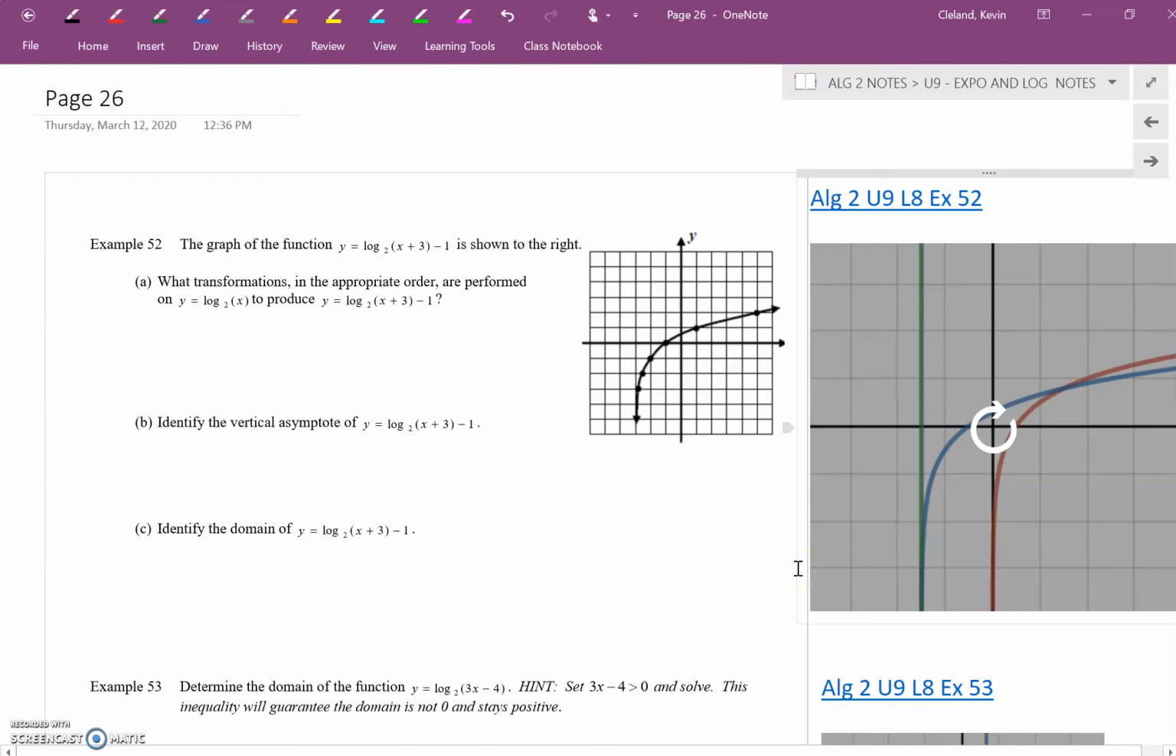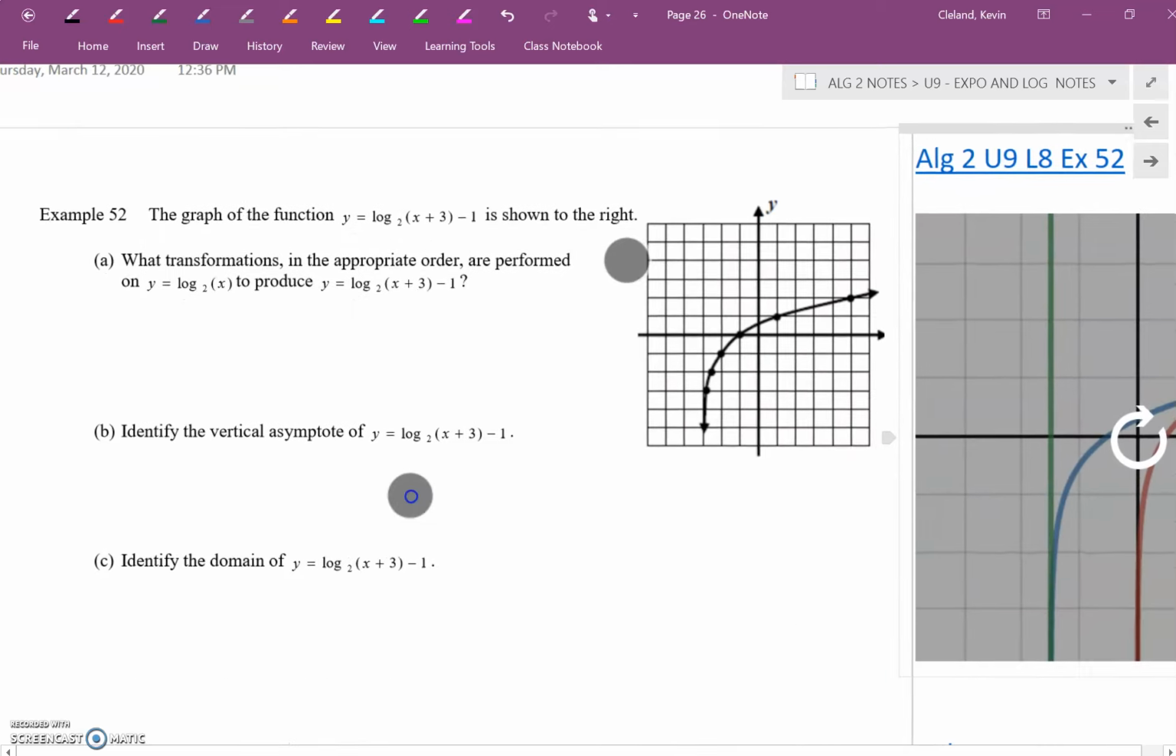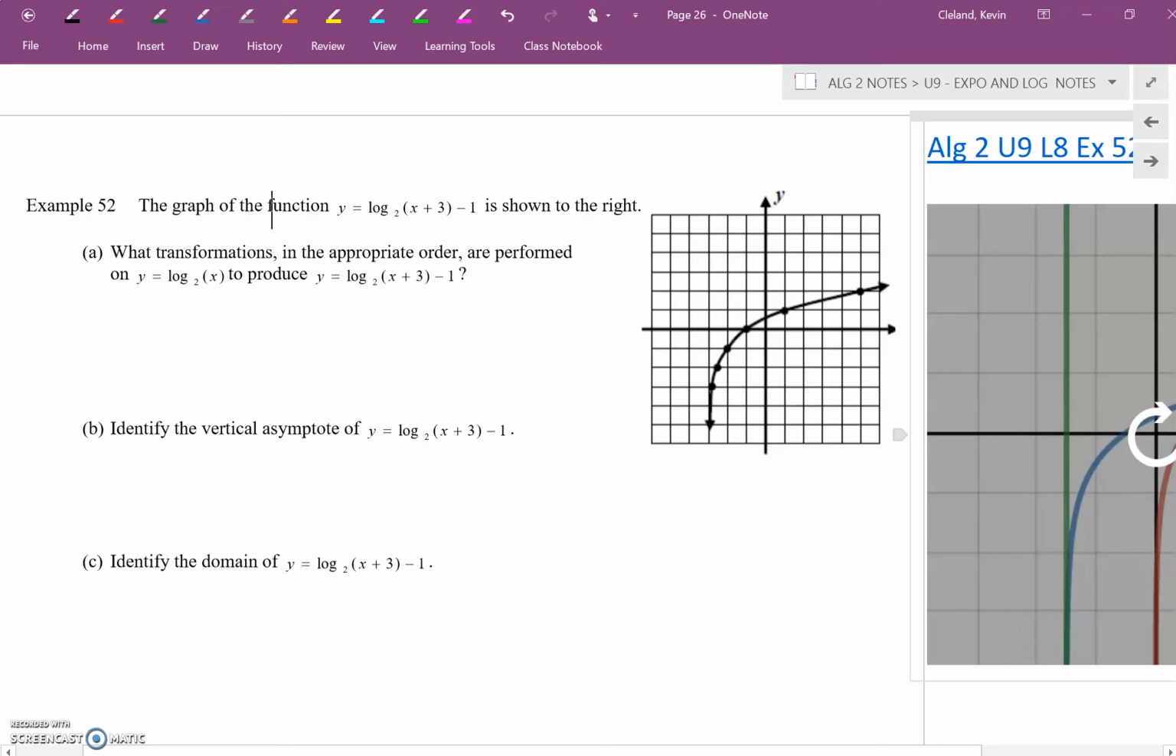Okay. Intro to logs part two, people. Here we go. So here we're comparing